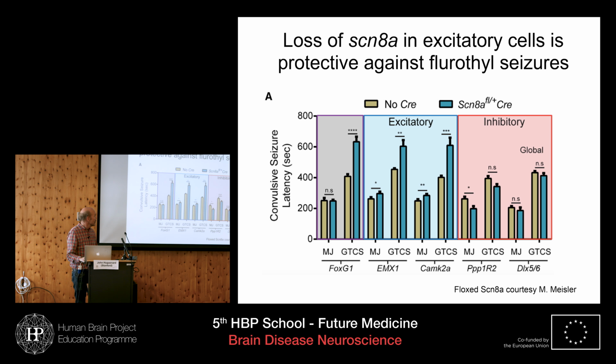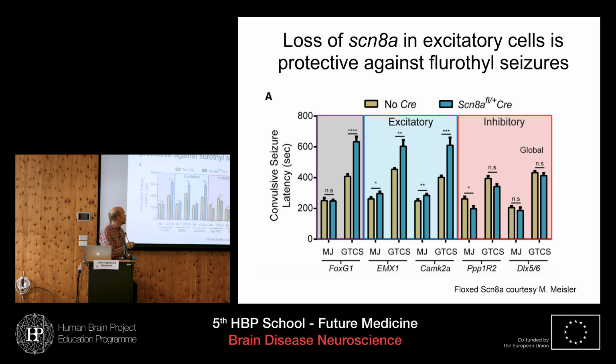And Chris Makinson in the lab was a graduate student of Andrew Escayg at Emory, and they were studying what the effect of loss of 8A would have on seizure susceptibility. And they did this in a convulsant model.